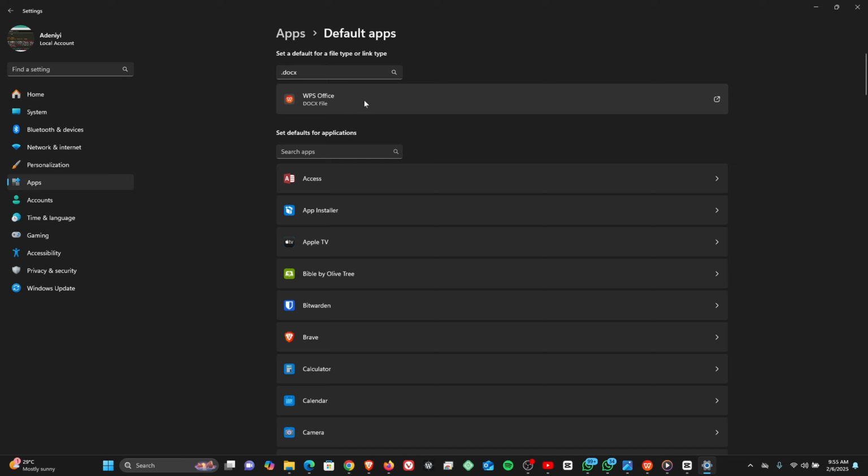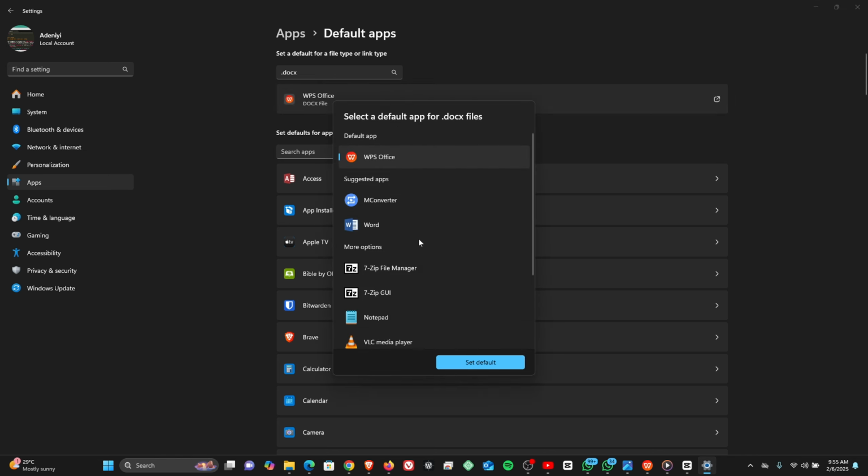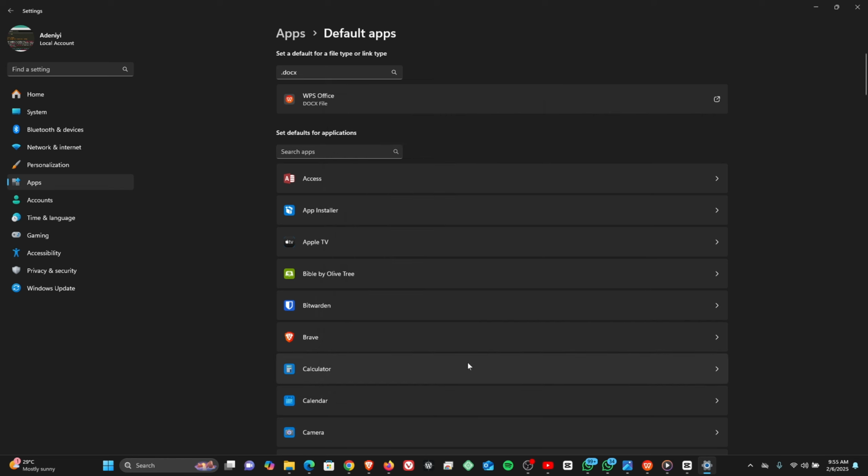So the next thing is to select the default app to open this type of document. So for me, I'll just go with the WPS Office. So click on that, and then click on set default. So as you try to open this document, it uses the WPS application to open that, and it should